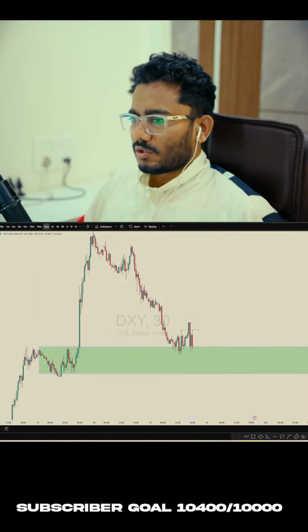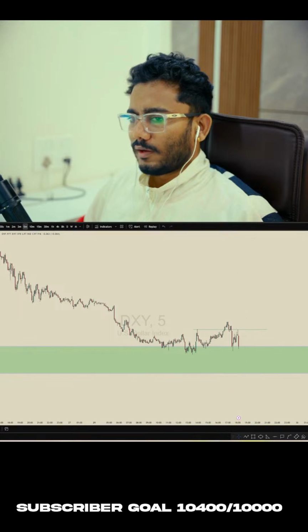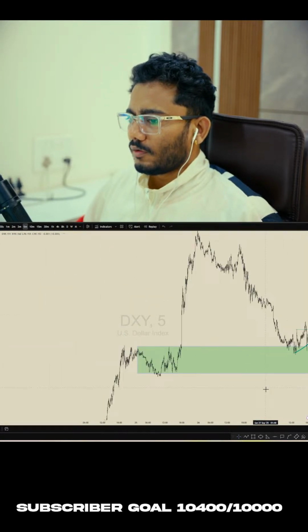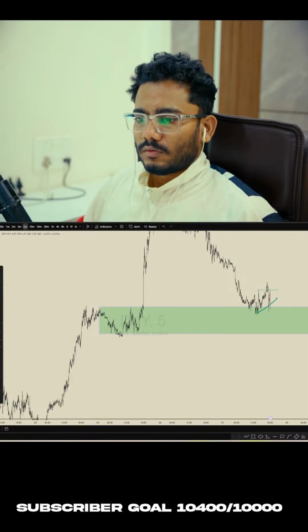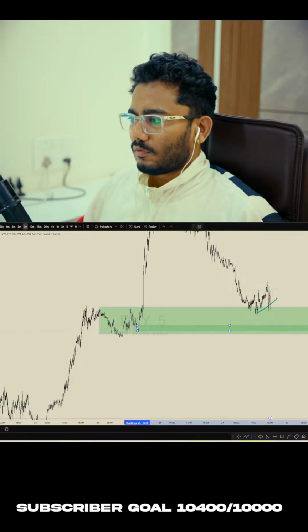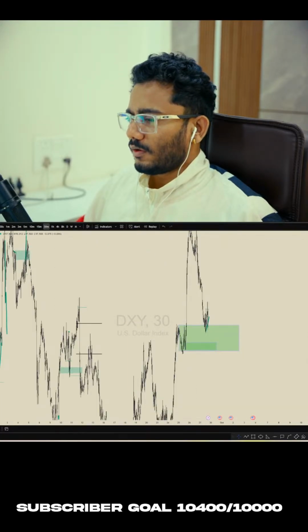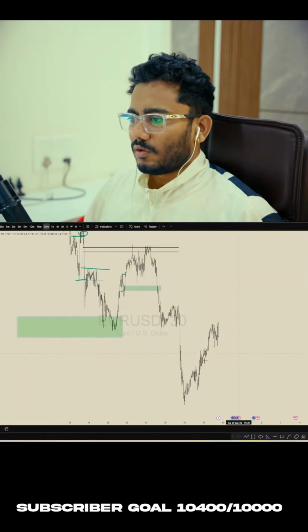Price broke the structure and it's mitigating, like it will create liquidity again and sweep this liquidity and continue to the upside from this order block. Or it can just sweep the liquidity and then continue. So we will see a reversal in EURUSD and GU. Let's check EU.